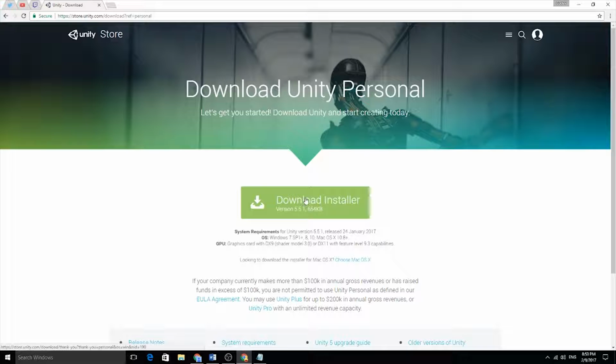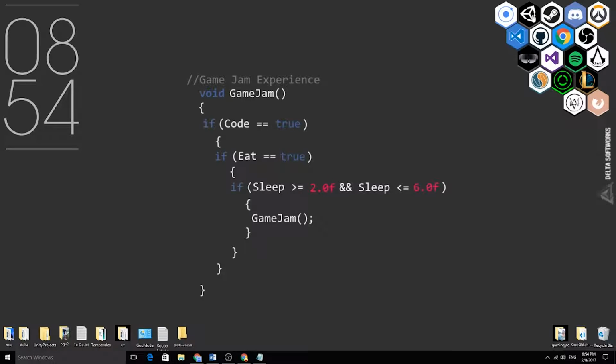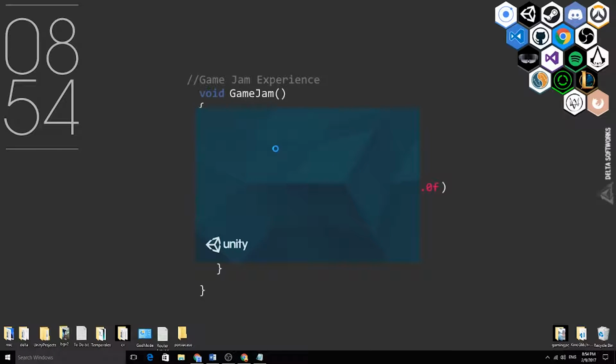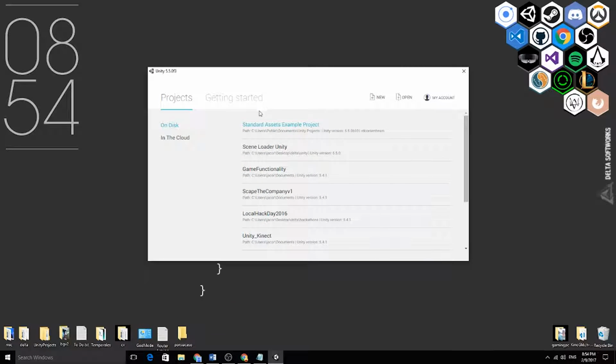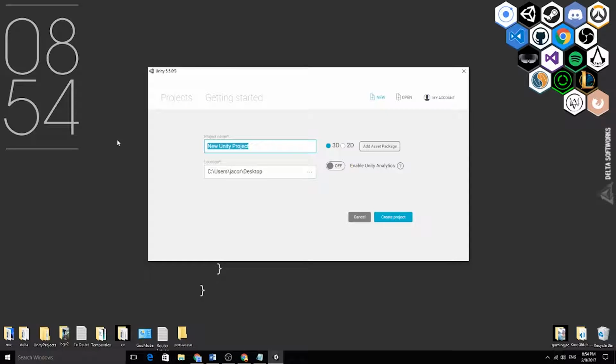So you are gonna click in here to download the installer, and then you know how installers work nowadays. You just click next, next, next, next, next, and you are done. So we're gonna head back and start Unity. And once you start it, the first window you are gonna get is this one, or at least something like this, because you're probably not getting any of this. So we're gonna go to New to create a new project, and we're gonna call this tutorial one,